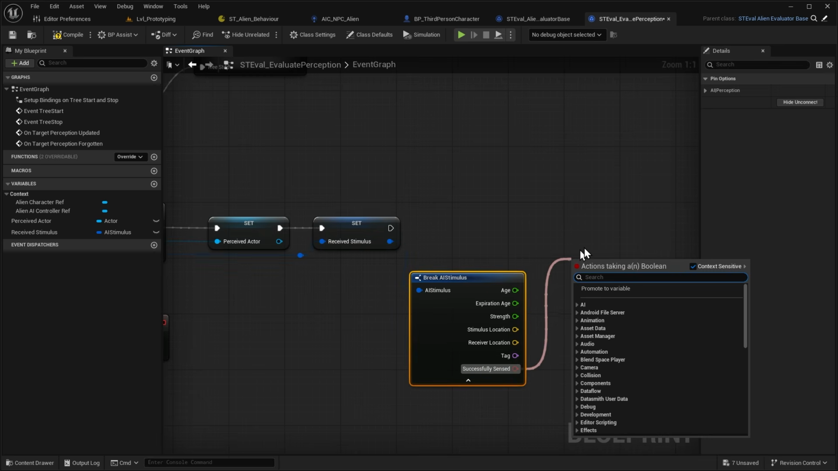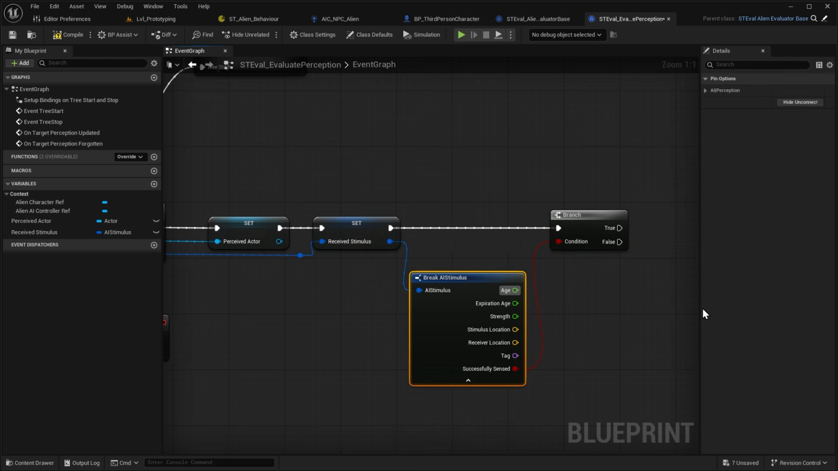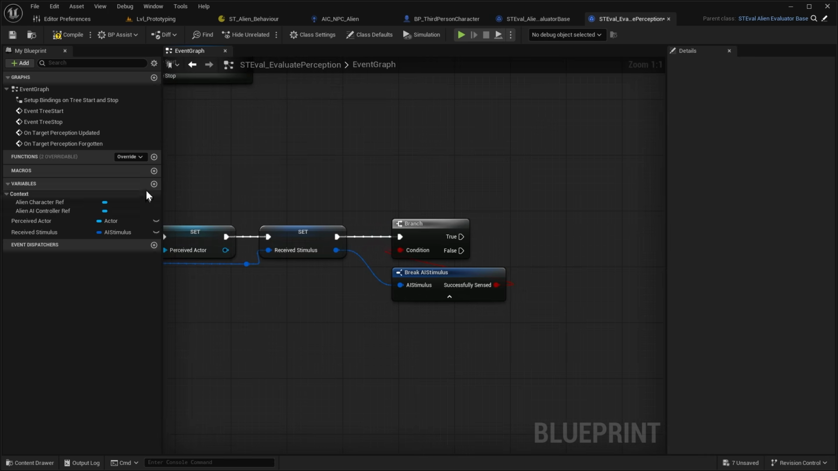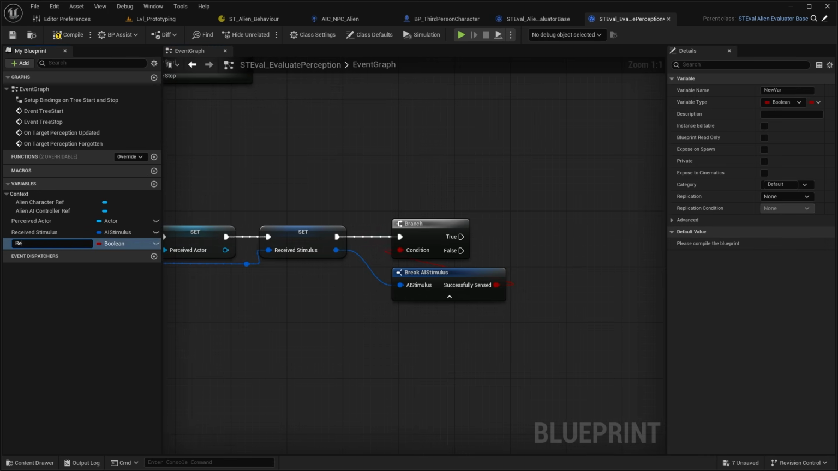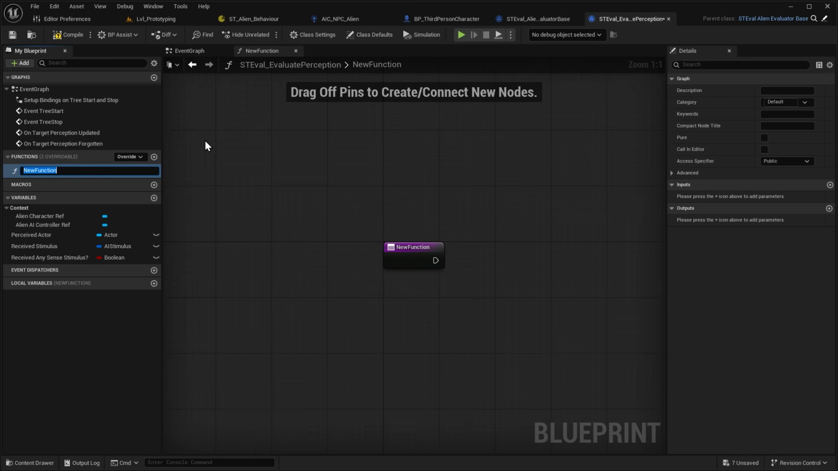So we'll just drag off and add in a branch and hook that up like so. And I'll also select this node here and hide unconnected pins. And if successfully sensed is true, we will add in a Boolean variable and call this received any sense stimulus? And set that to true. Next, what we'll do is we'll create a function to handle our sight sense stimulus. So we'll go over to functions and click the add button and call this handle sight